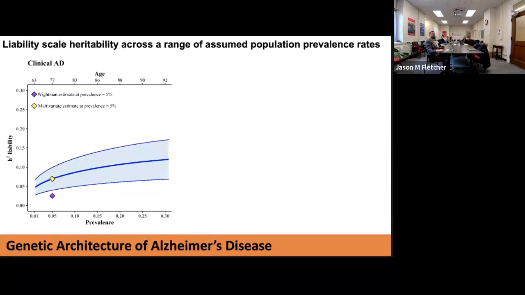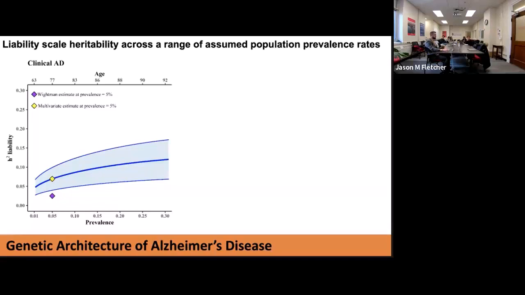The assumed population prevalence rate has an impact on the estimates of liability scale heritability. So we varied it, and we found that heritability estimates of Alzheimer's disease increase as the